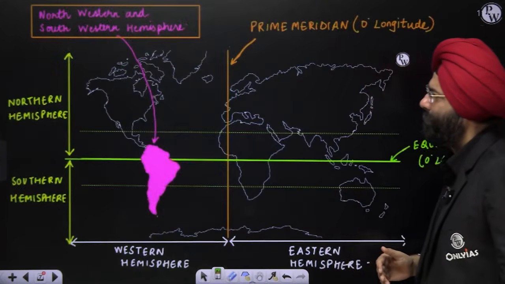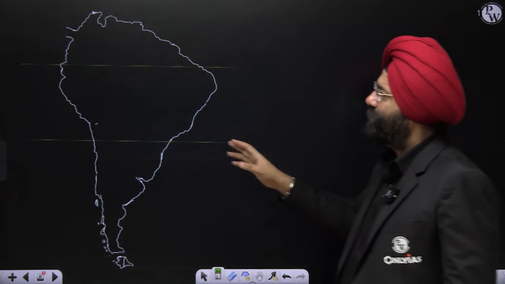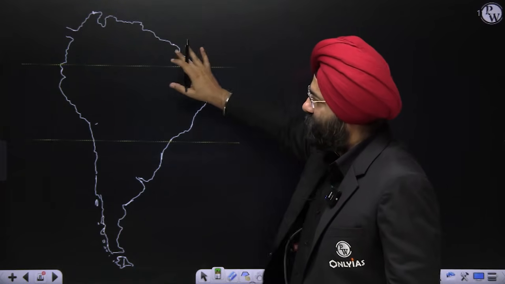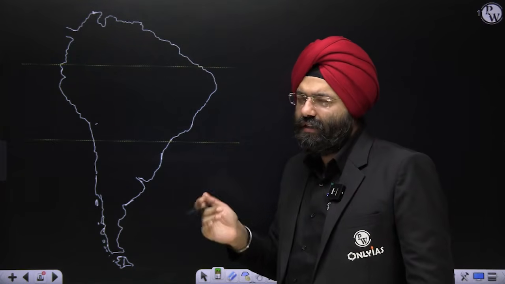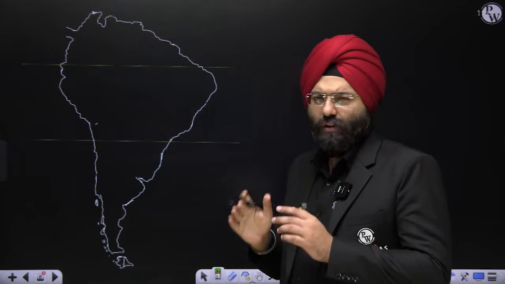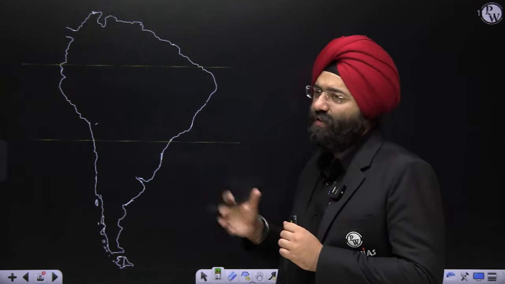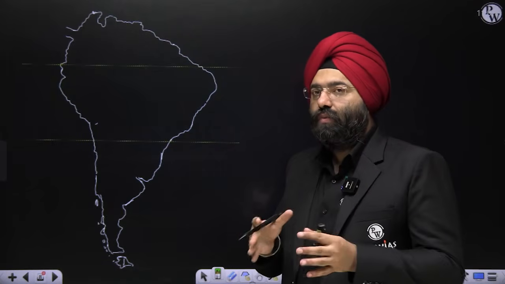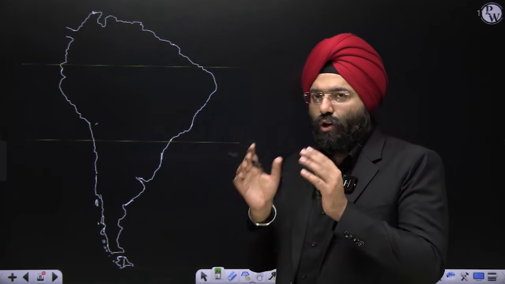Let's begin. Now, this is the map of South America. Now, we will be dealing with all the physical dimensions. What I have done over here is, while explaining the physical divisions, I have taken the human geography angle also along with it, so that you are able to comprehend it, right?